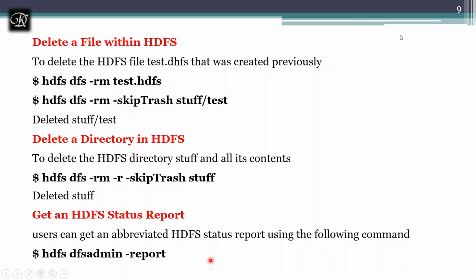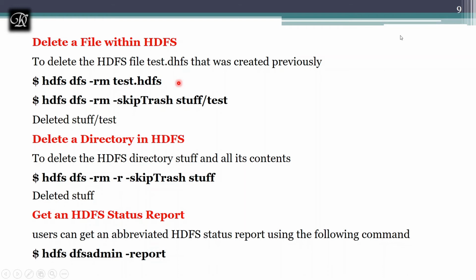Next, deleting a file. Deleting a file is a little difficult over here, because whenever you delete a file, you should specify whether it has to skip the trash or not. Why? Because you remember trash is nothing but a recycle bin. In Windows, we are familiar with the word recycle bin, right? Even in Ubuntu or Fedora, we have something called trash. Even in your mail you have something called trash.